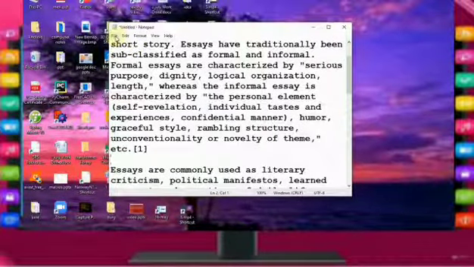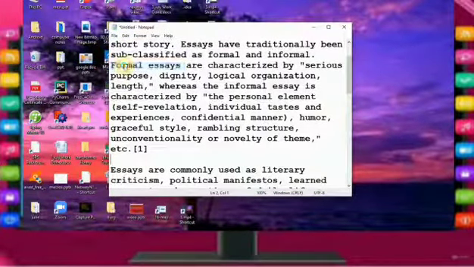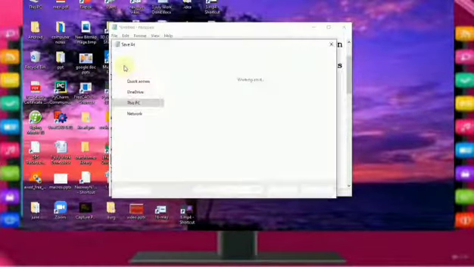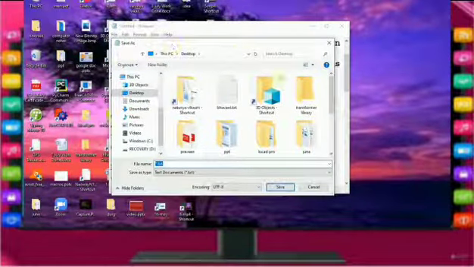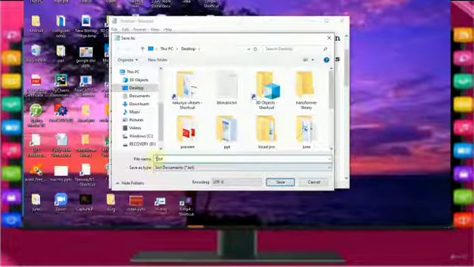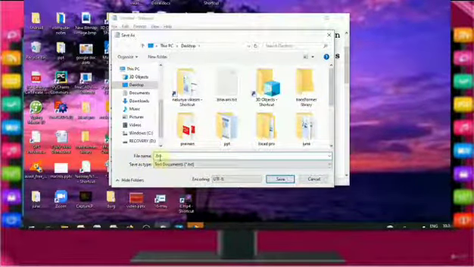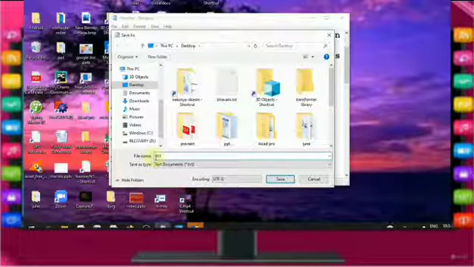Saving a file in Notepad. Go to File, click on Save. Now a Save dialog box appears here. Go here and delete this star. .txt is the extension of a Notepad file. Okay, Notepad is a text file.